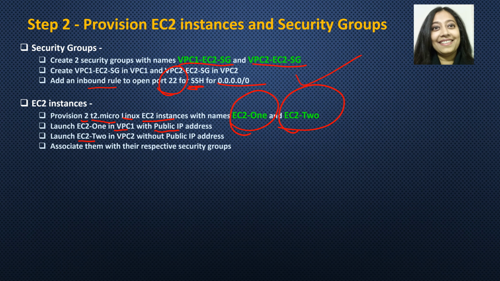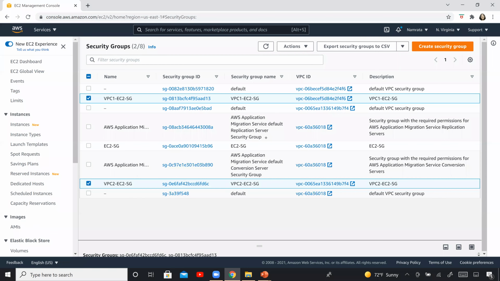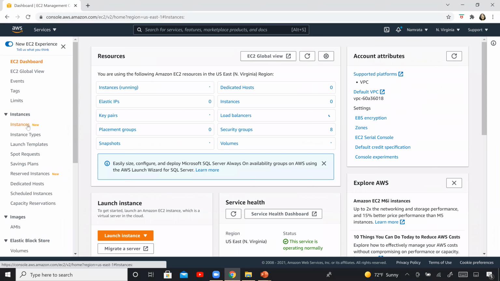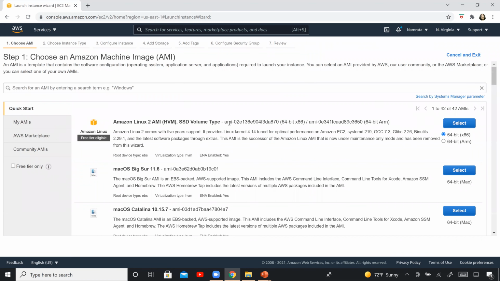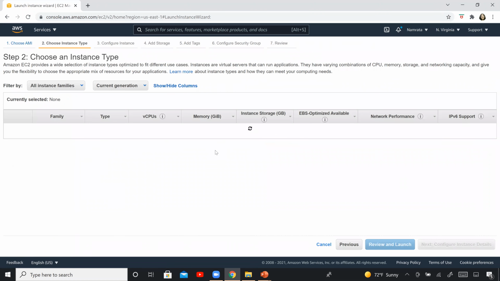EC2-2 is going to be launched in VPC2 without a public IP address. And we need to associate them with our security groups. So let us go ahead and provision both these EC2 instances. Instances right there. Launch an instance. Select Amazon Linux 2. Select T2 Micro over here.